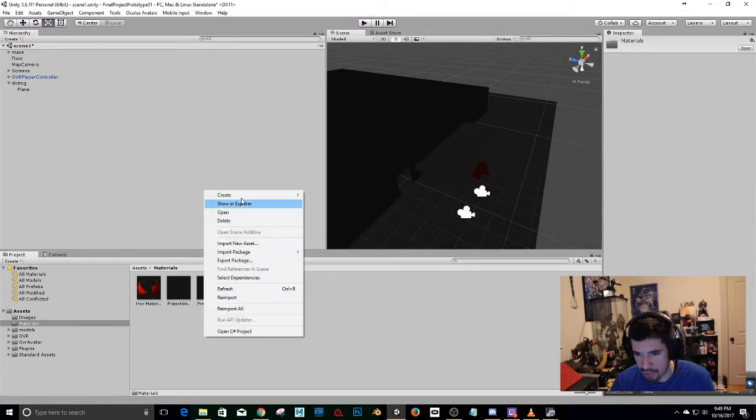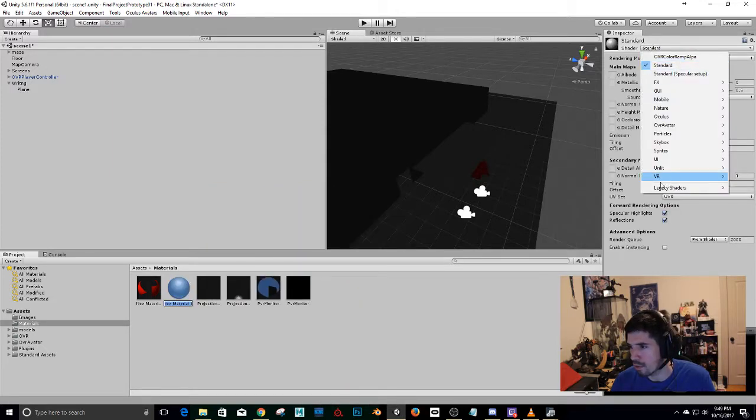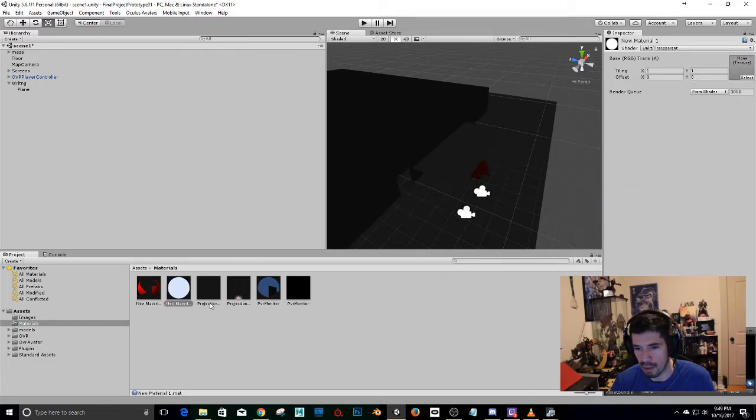We need two materials for this. Create material, and I'm going to create Unlit transparent because we have transparency, and I'm going to call it alien writing material. Okay, and I'm going to create a copy of this one that is going to be called